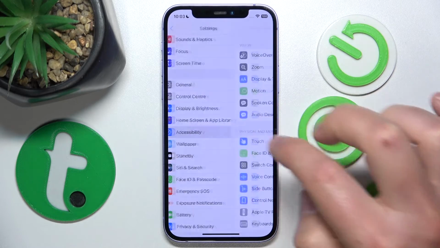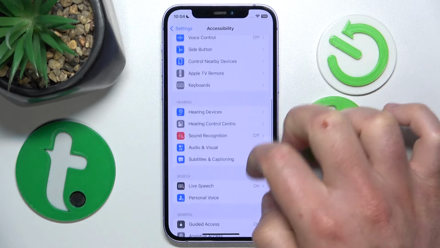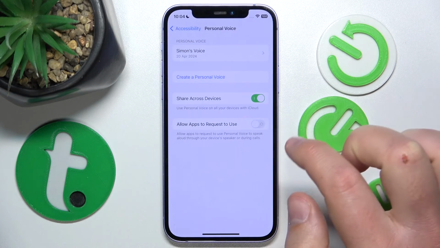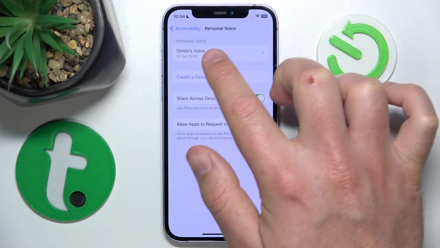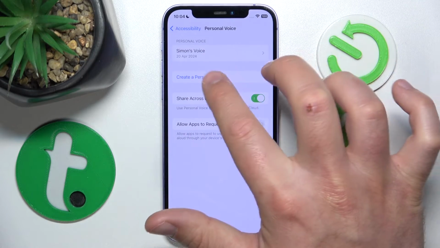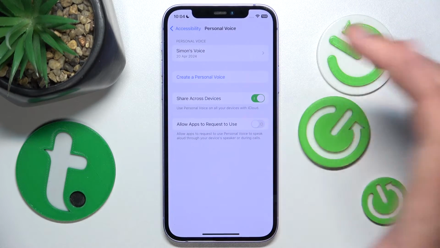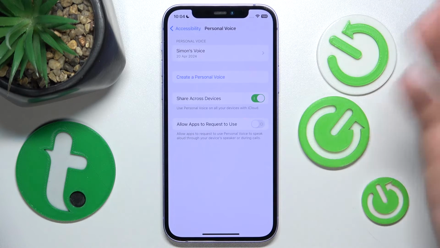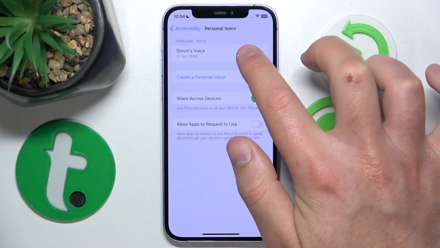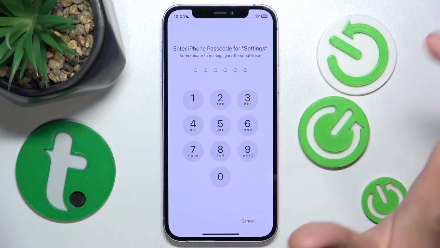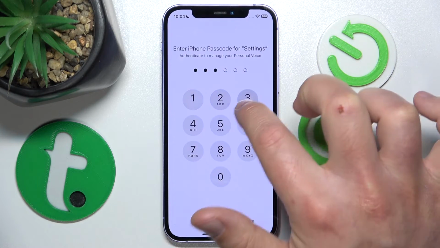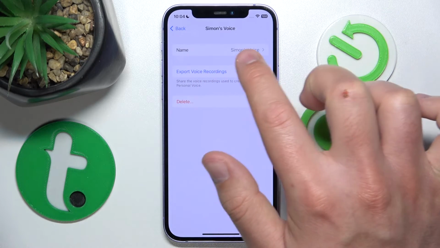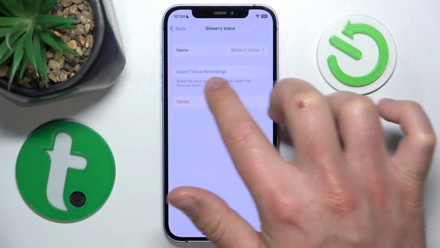Accessibility. Once you're here, you want to go to Personal Voice, so swipe down and tap on Personal Voice. Here you are going to find the personal voices, or just the one voice that you have created, or you have just imported from someone. You want to go with that voice, and also you need to enter the password to get to it. As you can see here, you can change the name, but we are interested in exporting the